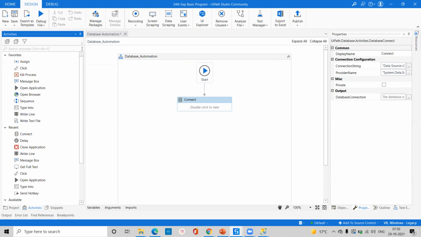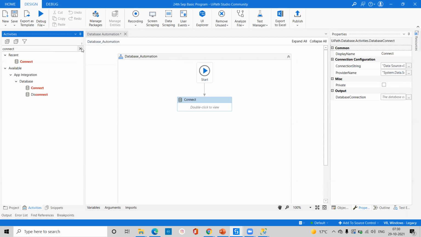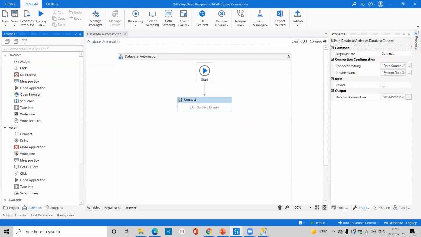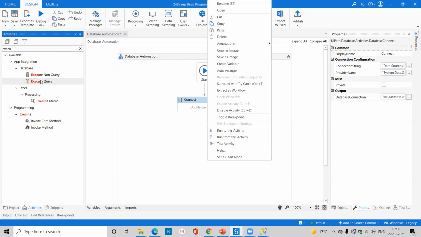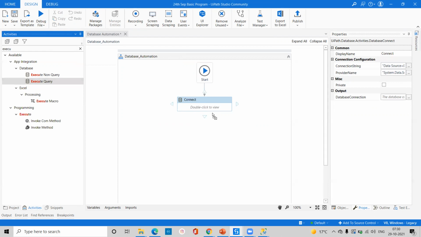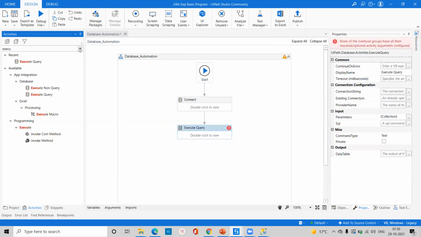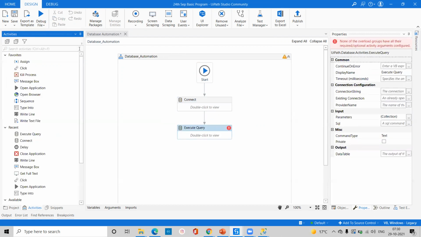So we'll take here the activity called execute query. Sorry, connection wizard. The same process we'll do here.